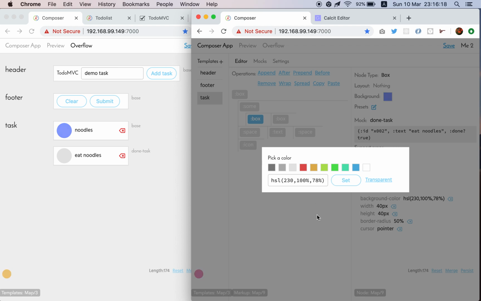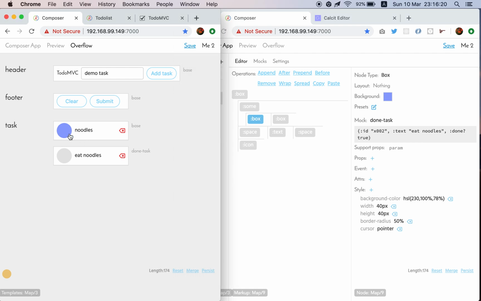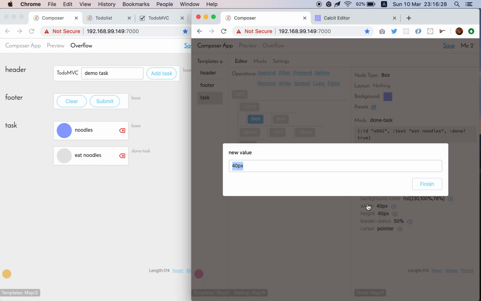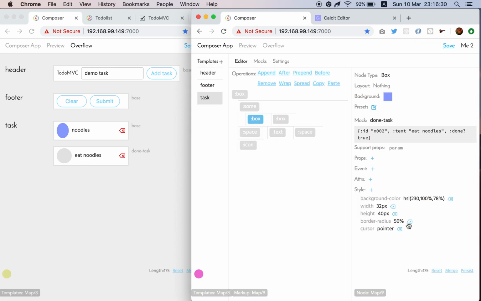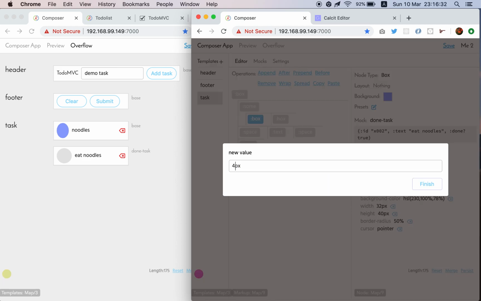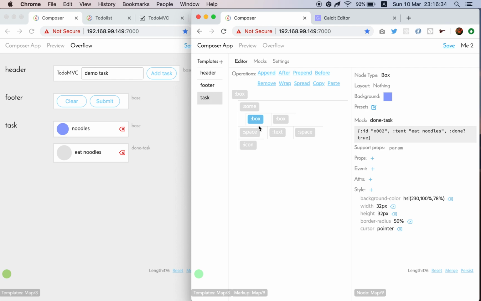How about this? So basic element task looks like this, and done task looks like this. Yeah. Let's make it look cooler. And also